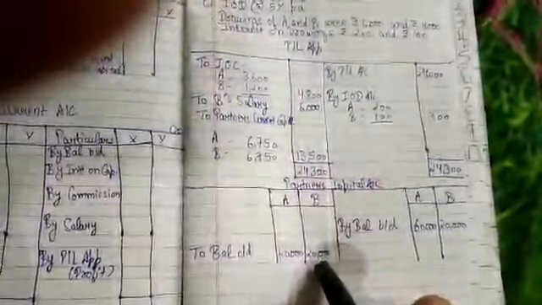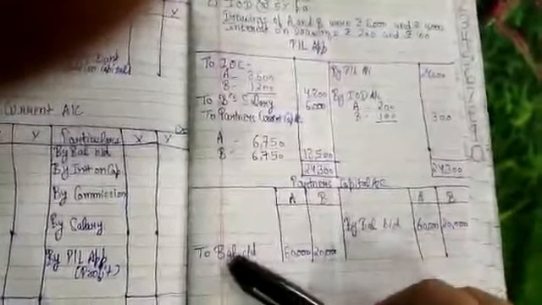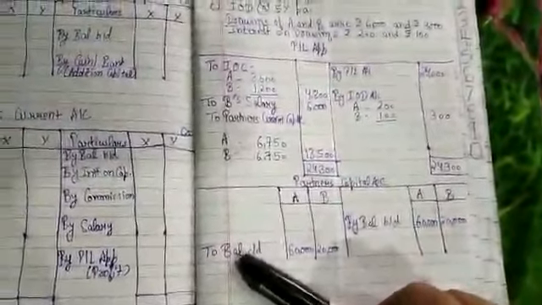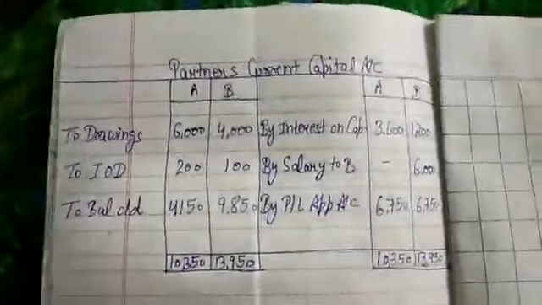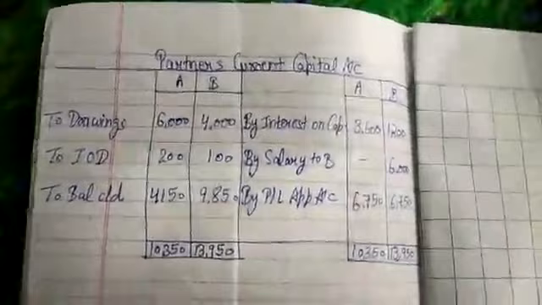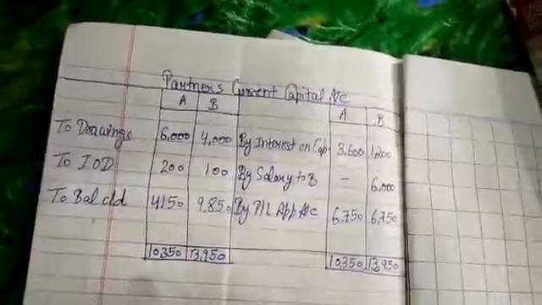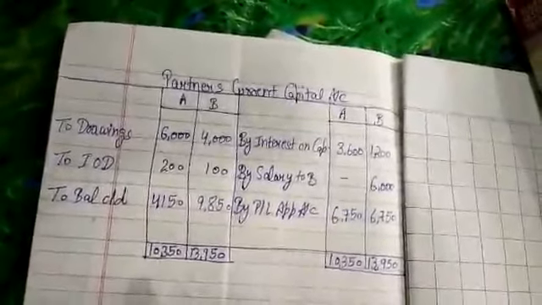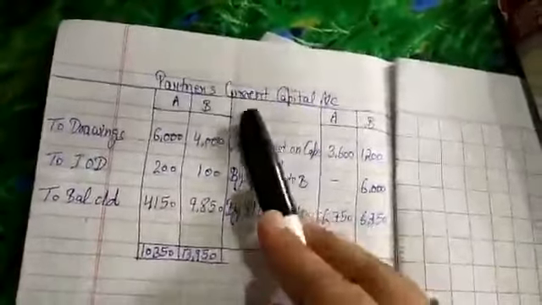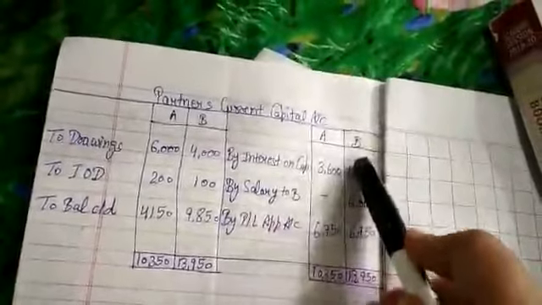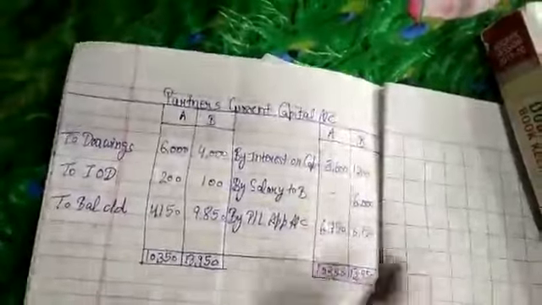This account is over. We will do the next account, which is partners current capital account, and all the transactions regarding adjustments will be done in that account. So let us start that account. Students, this is partners current capital account. In partners current capital account, no balance will appear if it is not given. If it is specifically stated that the balance of partners current capital is given in the question, only then there will be a partners balance here. Otherwise, nothing will appear on the credit side.